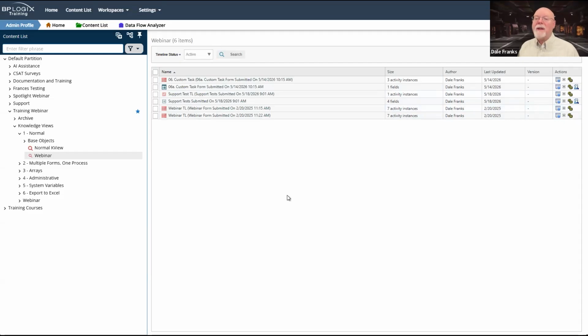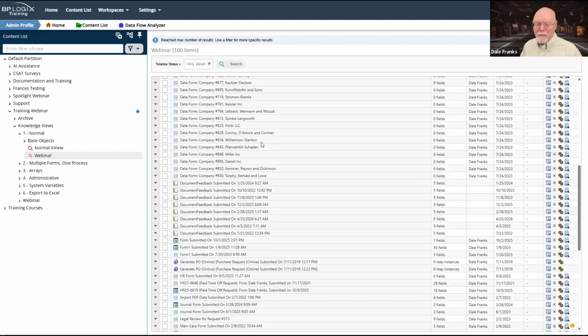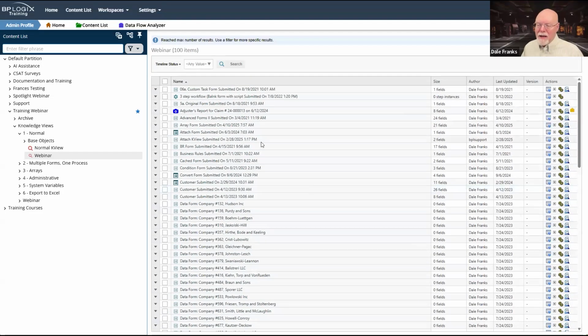So having an active timelines view where it only pulls the active timeline is a great way of filtering out all of those timelines. And of course, if I switch this to any value or complete and search, it's going to give me, once again, my hundreds and hundreds of records that I have in the system, which I don't necessarily want it to do.